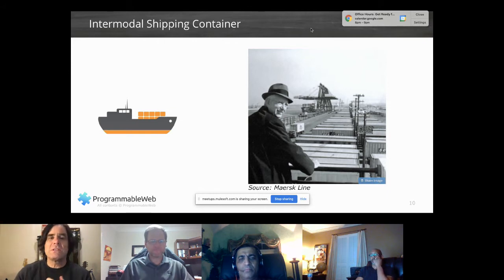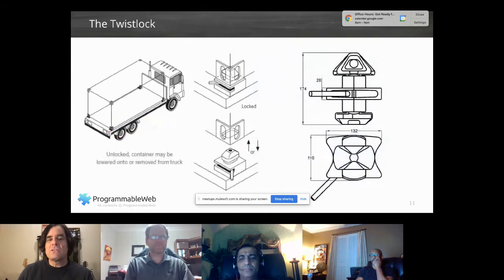What he came up with was this idea: why don't we have a container that you pack once and it can attach and detach to anything that's in between the source and the destination. So here's an example of what they call the Twistlock. These Twistlocks can be found on the corners of shipping containers. We've all seen shipping containers. And what that means is that the shipping containers can be connected to each other. You've seen them stacked on freight ships and stuff like that. They can be connected to a rail car. They can be connected to